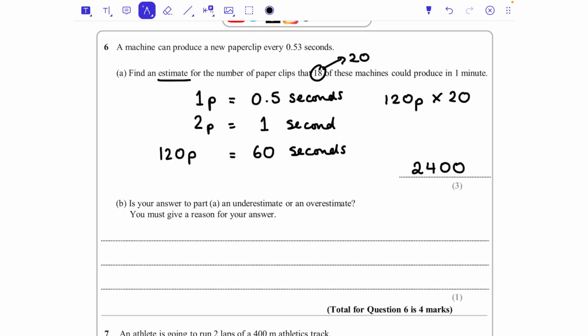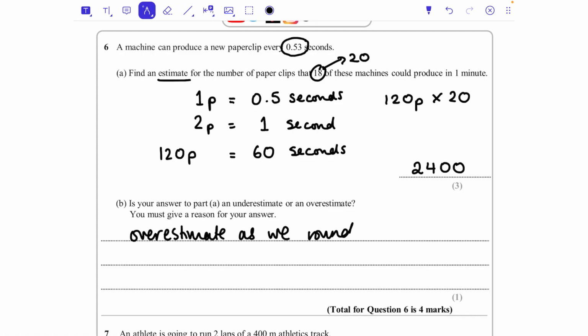Is your answer an underestimate or an overestimate? You must give a reason for your answer. So we rounded the time it actually took down. We said that it actually was quicker than it was, and we said there were more machines than there actually were. So our answer is going to be too big. It's saying the machines are quicker than they actually are, and it's saying we've got more machines running. So our answer is going to be an overestimate,